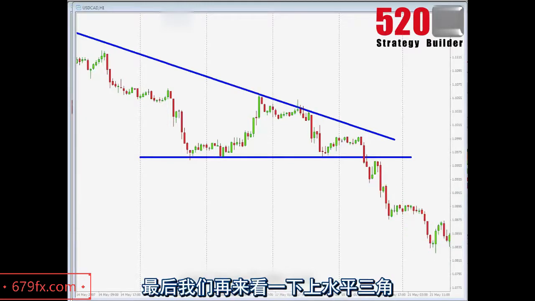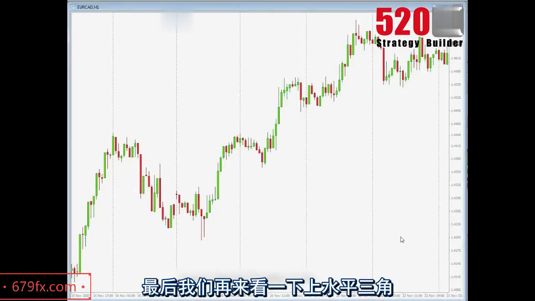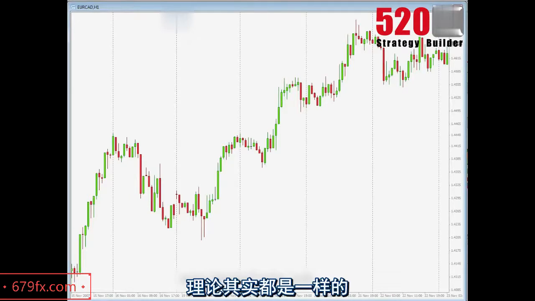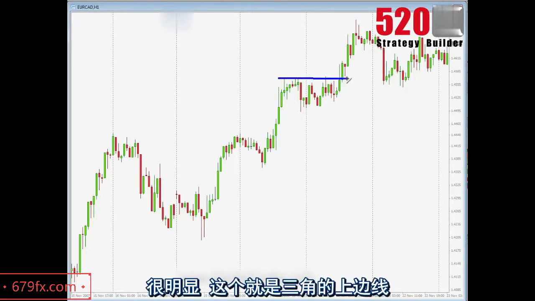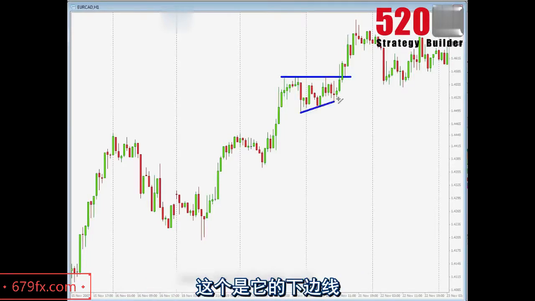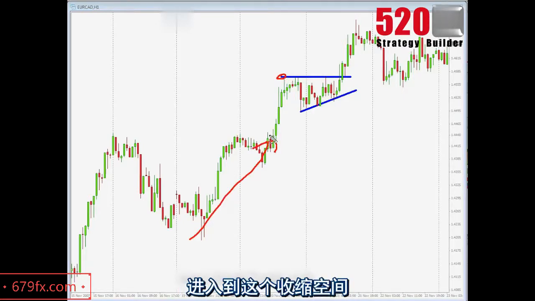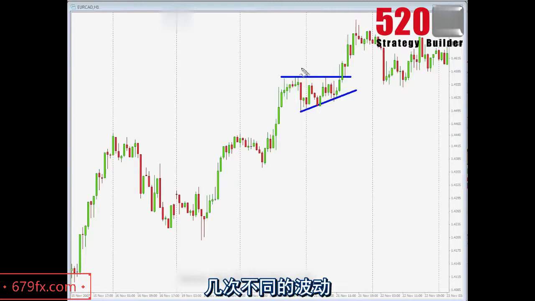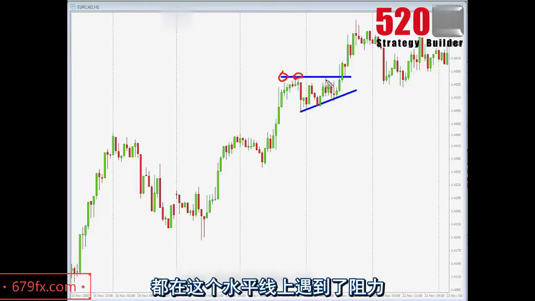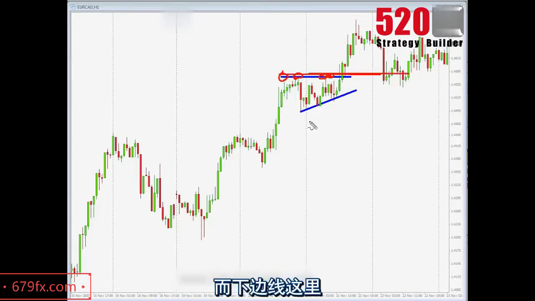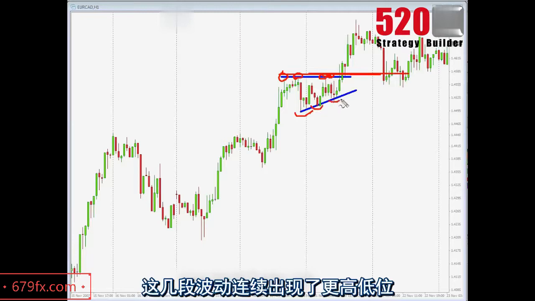Finally, I'm going to be showing you what a flat top triangle is. As I was saying, it's basically the same thing. It is clearly seen in this chart. Let me define that properly. Okay, there we are. That being the flat top triangle's top, and this being the bottom. As you can see, price comes from below, enters an area of consolidation, basically of sideways price action. We have different bars, different swings topping out at this level,